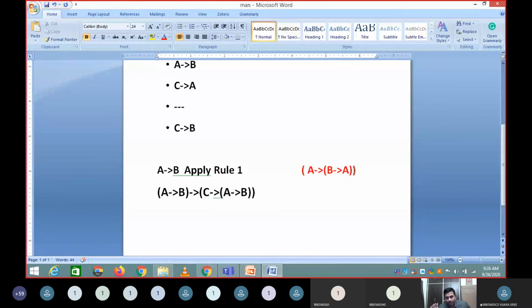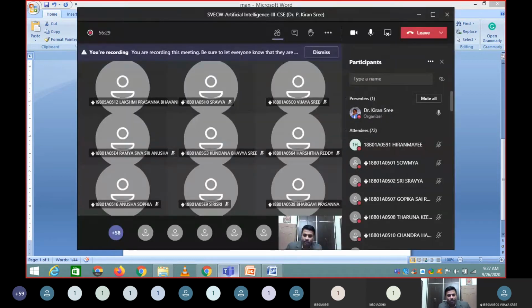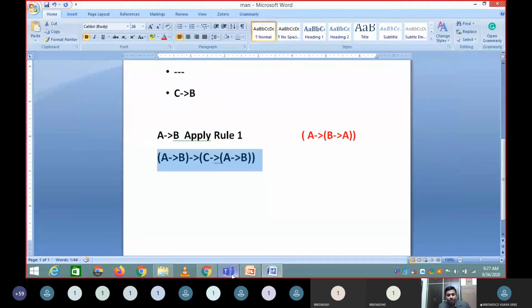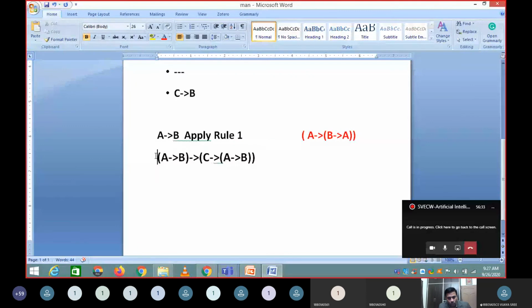That is true, or that is a well formed formula. That is the first rule. So A to B I have taken as A, and this formula is right. Can you see this? See, was the rule applied correctly here?